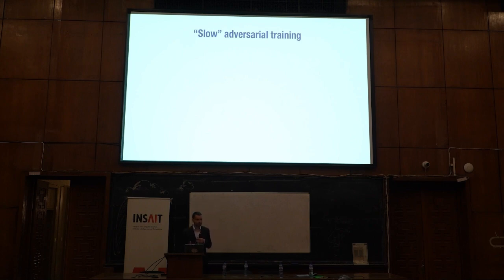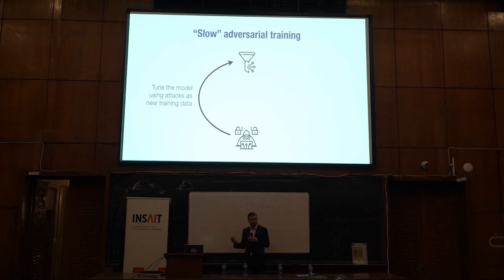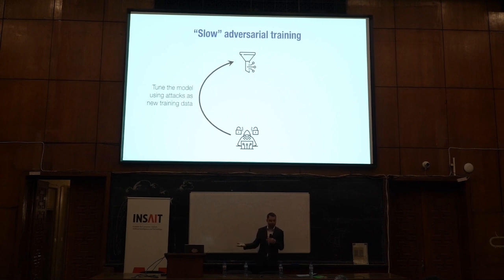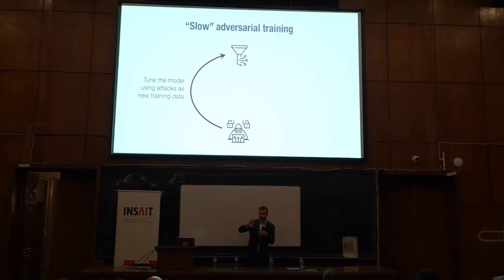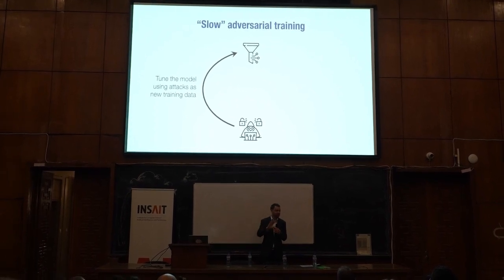The first idea is probably the most obvious one. It's what's called slow adversarial training. The basic idea here is that once we have a model, say a model that we can actually train ourselves, or at least fine-tune ourselves, so we can adjust it like an open source model, like one of the Llama models, we can generate attacks on this model and then just put the attacks back in the training set and say, when you see this new kind of attack, still refuse the bad thing, right? So it doesn't matter what weird stuff.